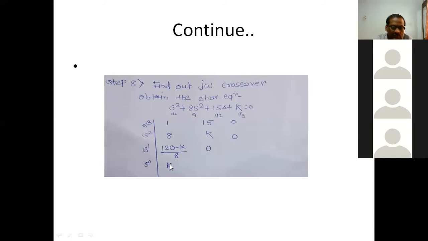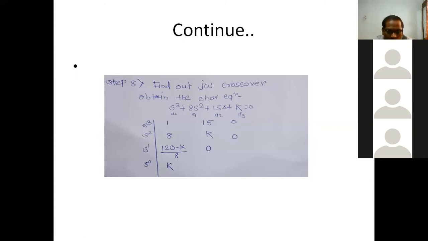And the last coefficient, that is the coefficient of the S0 row, can be obtained using the S1 row and S square row. So this way you will get the root array. Now, as we want to use this root array to decide the intersection of the root locus with the imaginary axis, we will assume special case 2 for the root array, where we will have a row of zeros. For that, this S0 row, you can make a row of 0 by keeping k equal to 0.